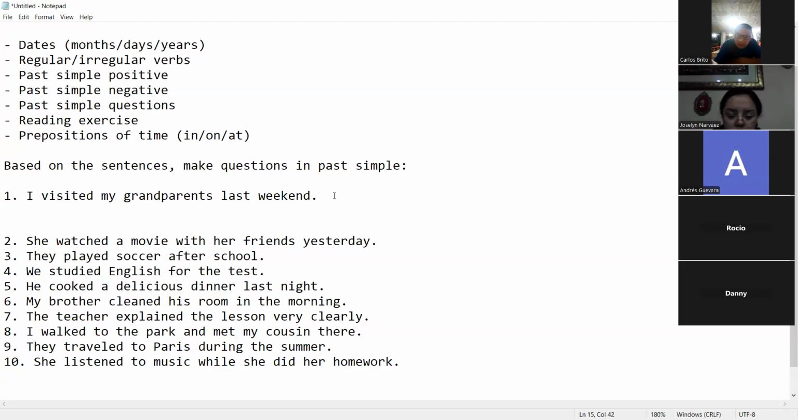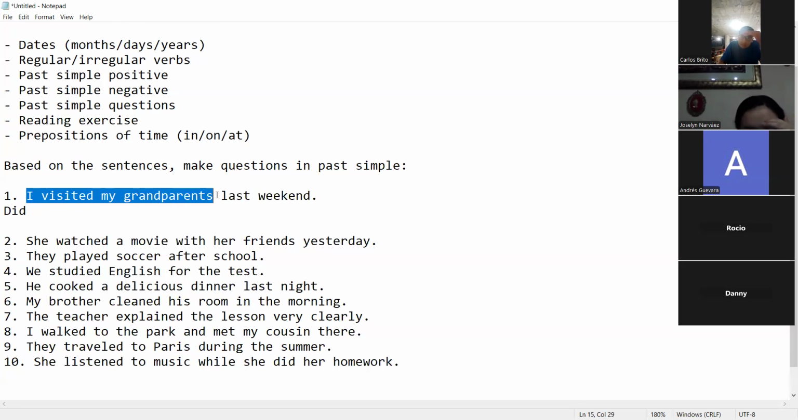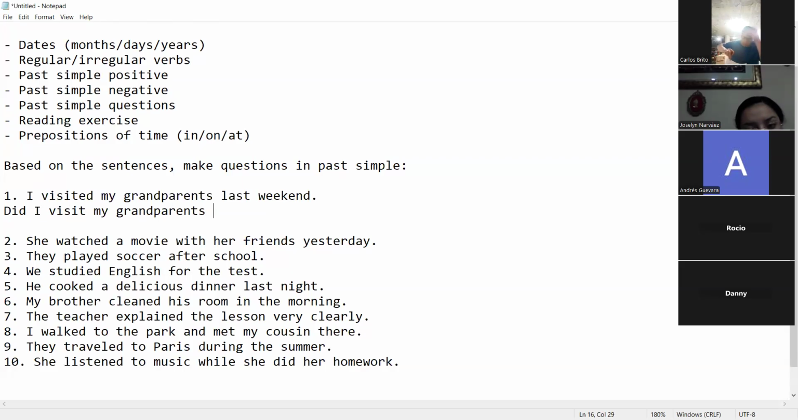What would it be here, Andres? If I say I visited my grandparents last week, how do I make this a question? Did you visit your grandparents last weekend? Last weekend, yes. Vamos a mantener el pronombre en estos ejercicios, my friends, okay? So we're gonna maintain el mismo pronombre que tengan aquí, solo la misma oración la vamos a hacer pregunta, okay? Did I visit my